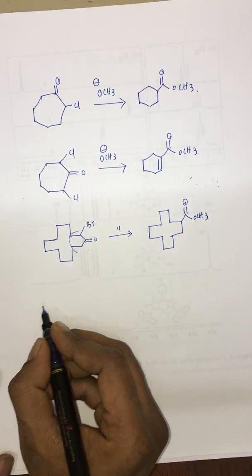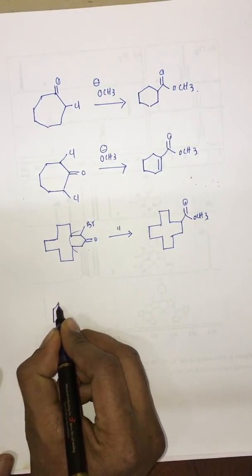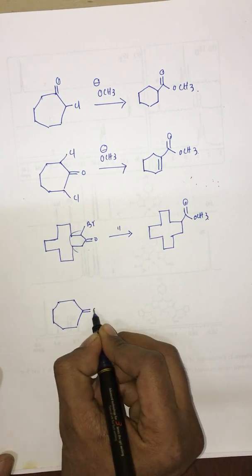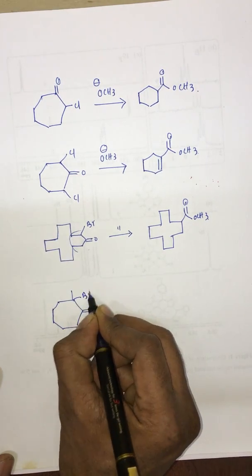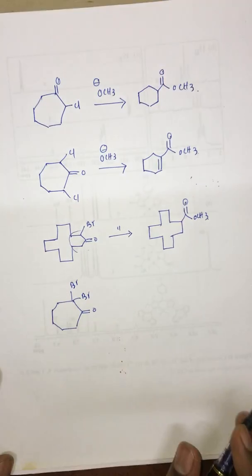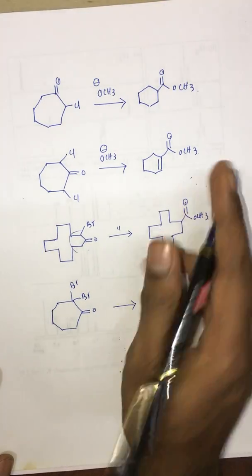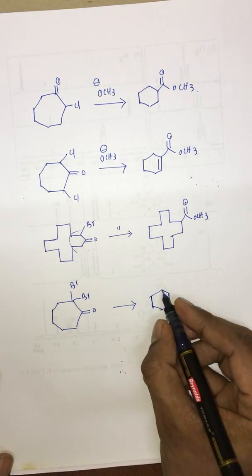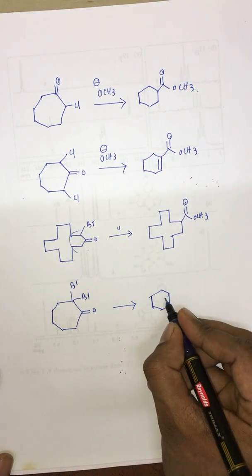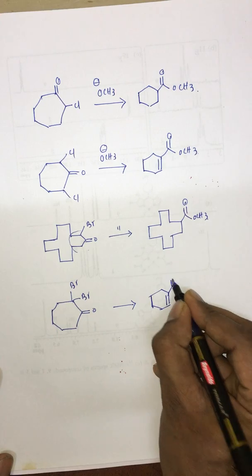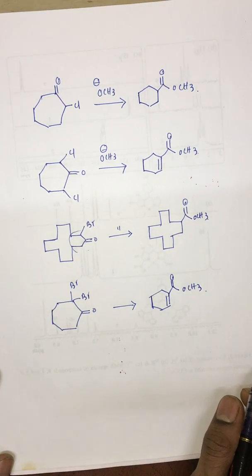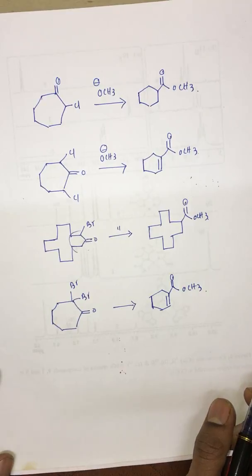And then now here we have two bromines on the same carbon, and here also the same mechanism. Here also we'll get alpha beta unsaturated esters. Next,